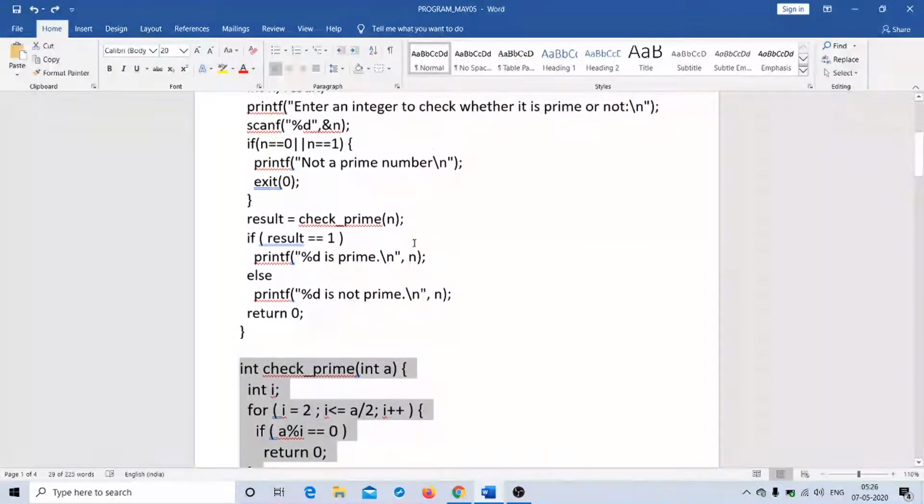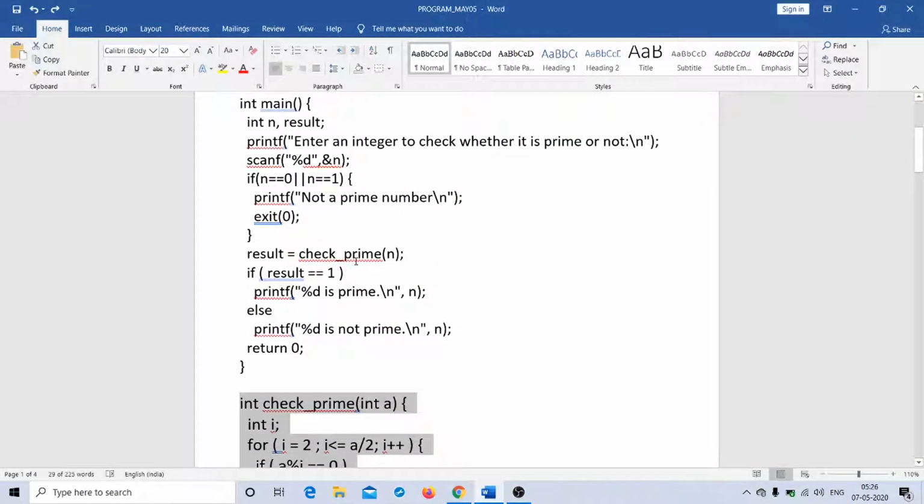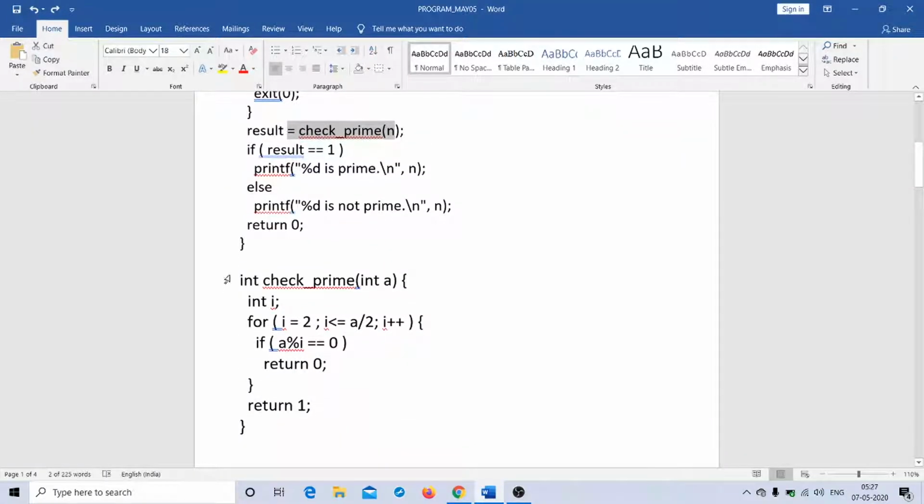So let us now trace this program for a particular value of n to check whether the program written works fine. So let us say the value of n I enter here is 5. And then this particular condition is not satisfied, so the control will come to this particular line, and then I am calling a function check prime with n, that is 5, as a parameter, and the control comes here.